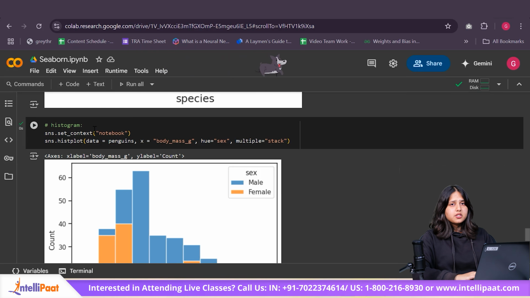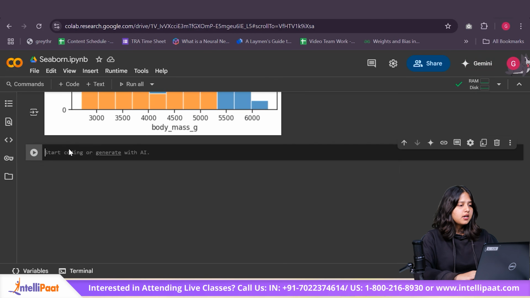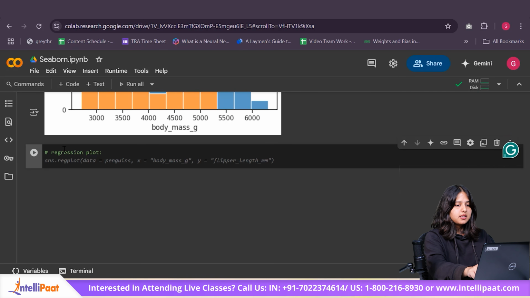So usually a histogram is combined with other plots like a KDE plot or a regression plot, which is nothing but a trend line that helps you see the pattern in a more efficient manner. So let us go ahead and see the regression plot. It basically helps us see the relationship between two variables and fits a regression line, which is basically a linear line through all the data points.